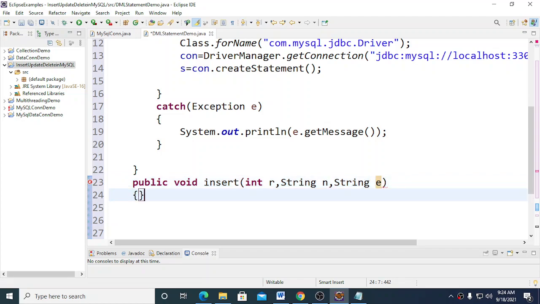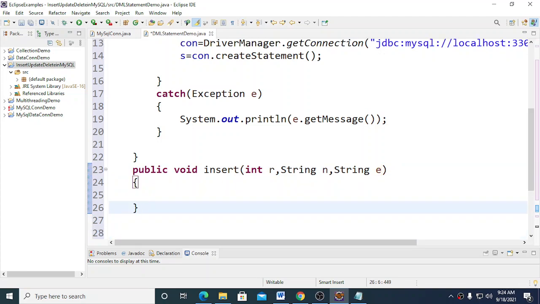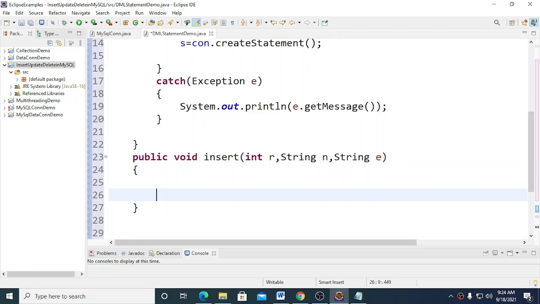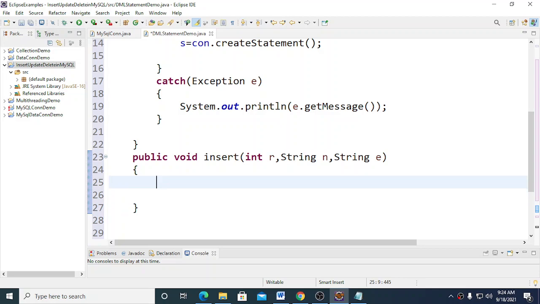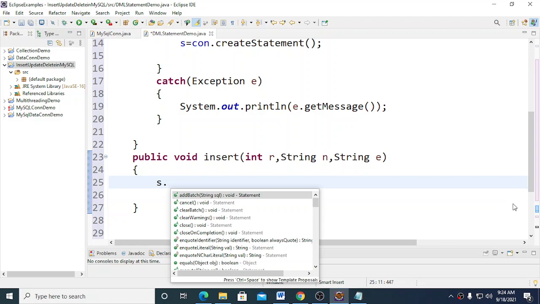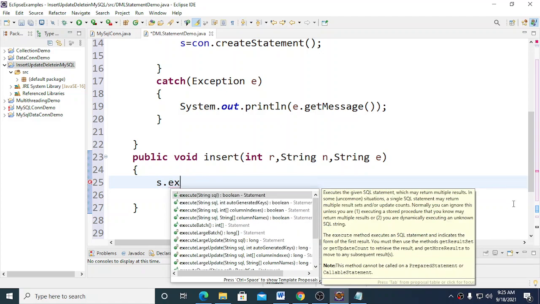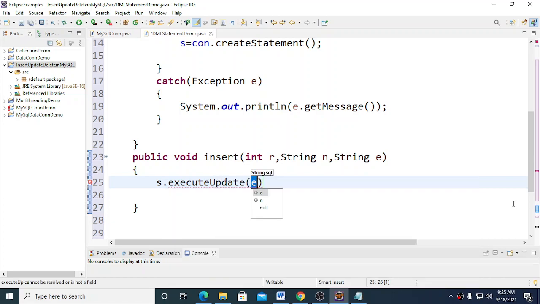Okay, so this function will be able to execute the insert command on the database by getting these values. Now, using this statement object I can execute the function called executeUpdate. Whenever I want to perform any updation on the database, I need to call this executeUpdate function, and to this function I can pass the insert, update or delete command. So I am passing here the insert command, which is actually a string, to this function. This function will fire that particular string on the database as a SQL command.